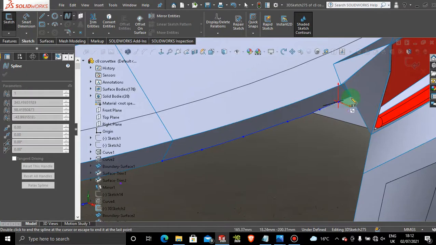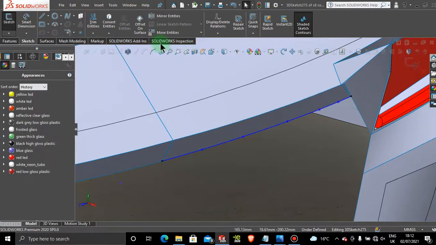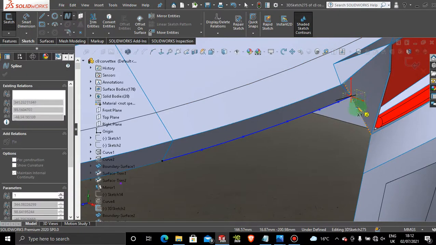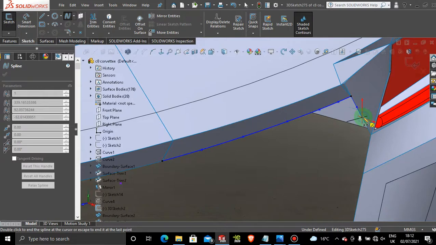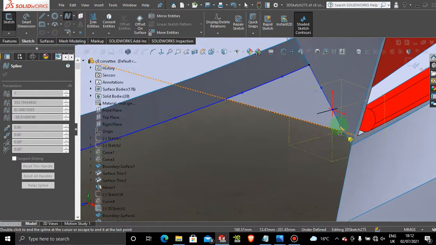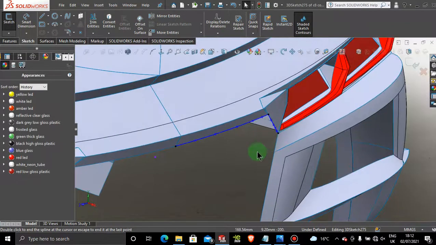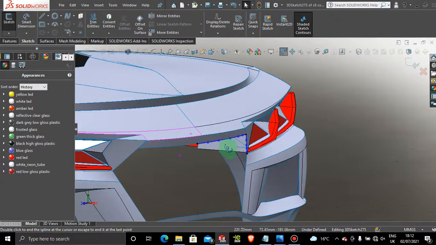And just go into this corner, grab that other spline and stick it on this edge here, and down to this, of course. All right, so once that's done,